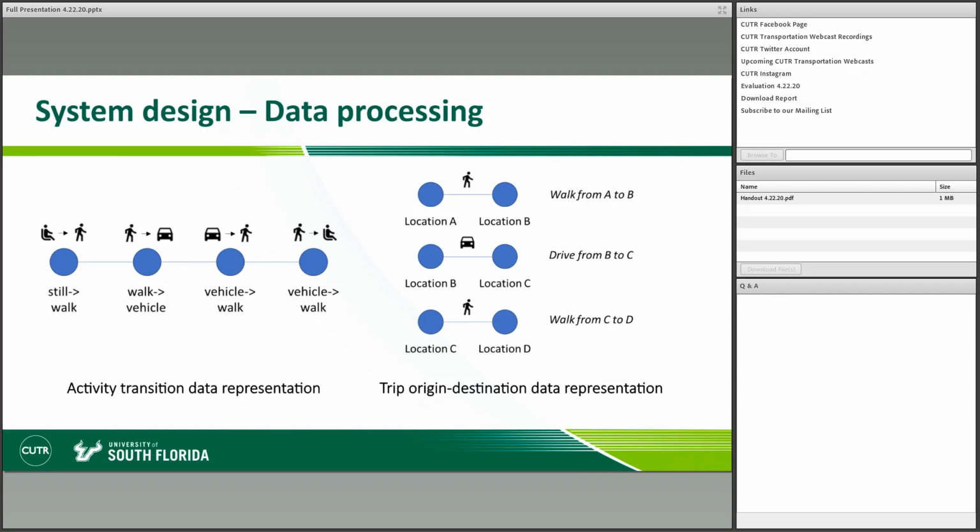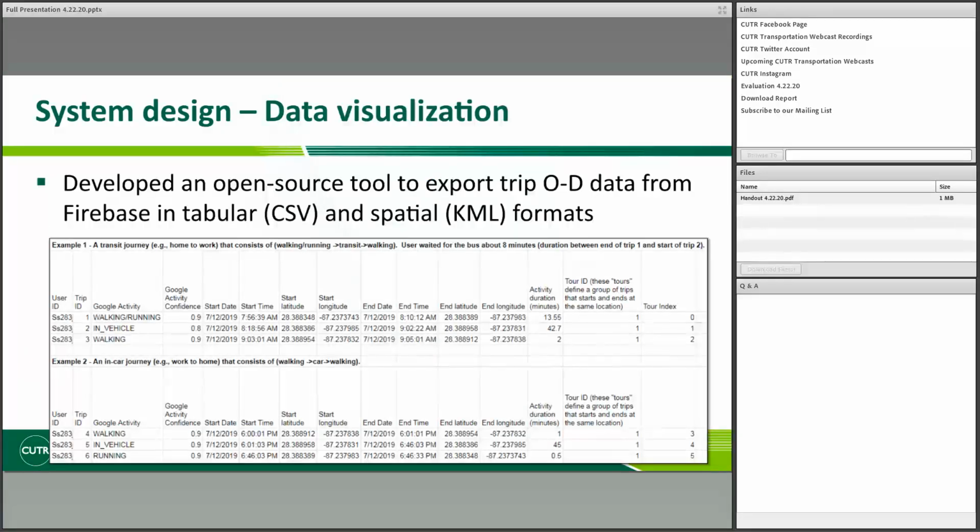Going between those two data representations is a little tricky, and you have to deal with things like potential data dropouts. For example, if the user's battery died, and you got an update before it died that said they started walking, and then they plugged in their device and started it back up, you may never get a transition that says they stopped walking. So we need to do some data cleaning and have tolerance for potential bad data blips here and there. I'm not going to go into it in detail here just for time, but we have outlined in the final report how exactly we did this.